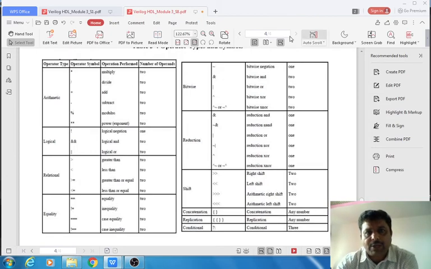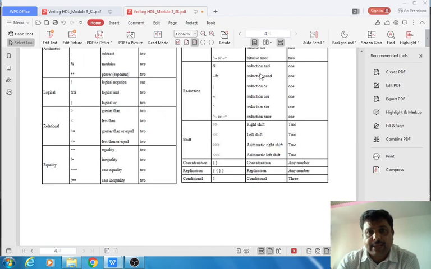Similarly, there are bitwise operators: bitwise negation, bitwise and, bitwise or, bitwise XOR, bitwise XNOR. Bitwise means, assuming there are two different operands, you perform the bitwise operation. Namely, A and B are two inputs, operands of 4-bit size. That means the LSB of A performs the logical and with the LSB of B. Similarly, the MSB of A performs the logical operation with the MSB of B. That is what bitwise operators do.